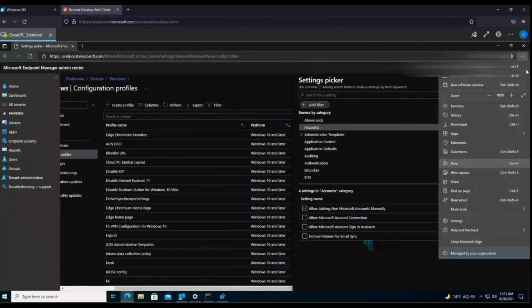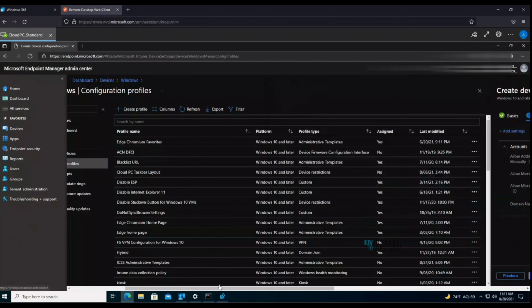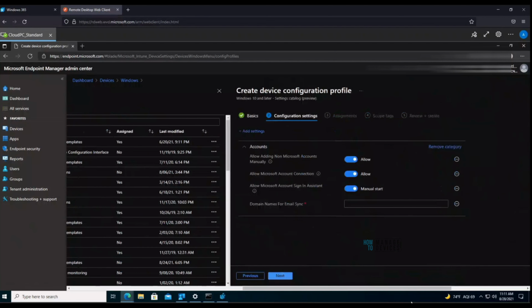Are you able to see it or not? Okay, let me select these two policies now, and let me close this, right, and go back to this, right? So these are the policies which we have selected now,